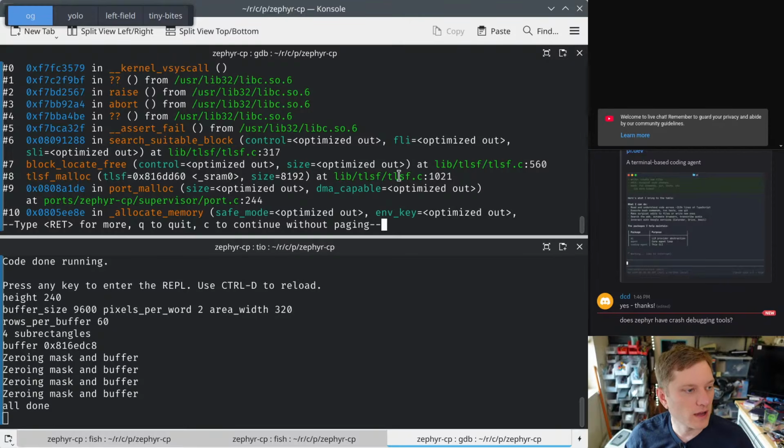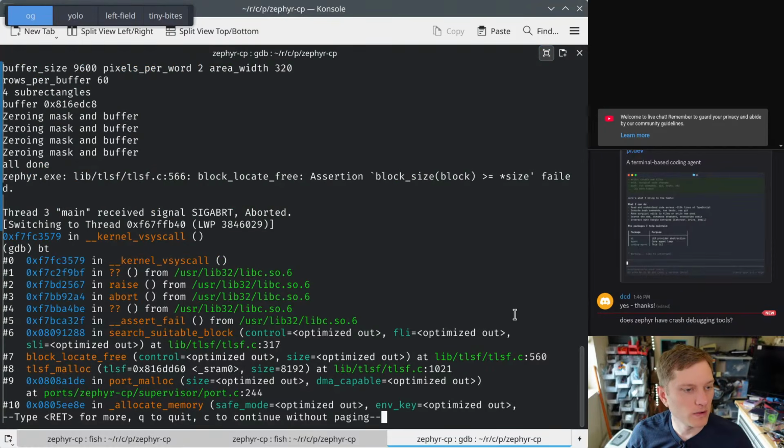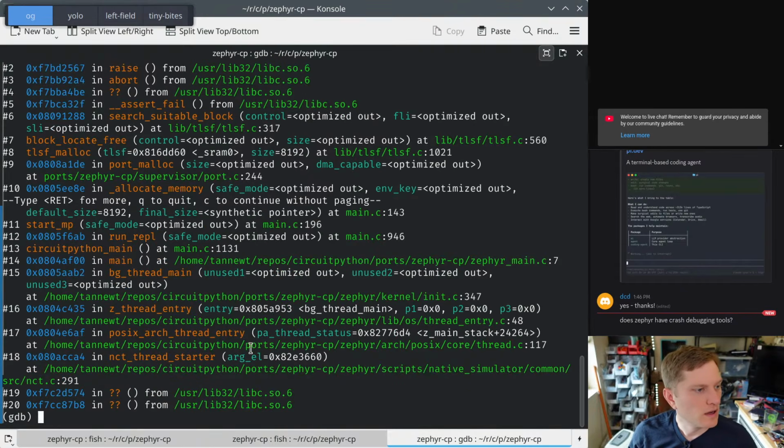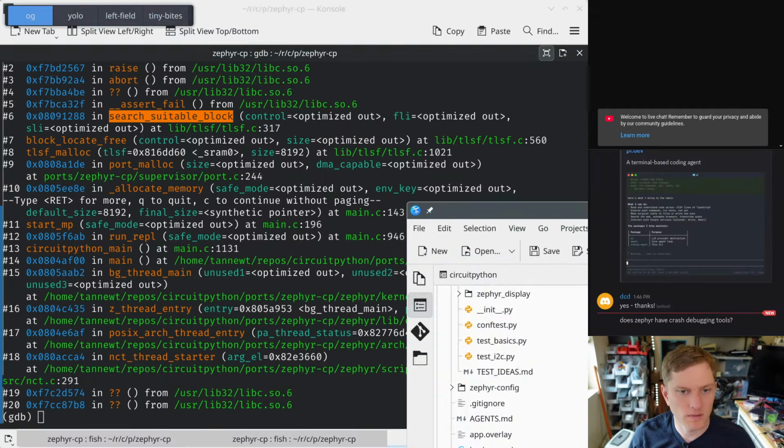So now I have GDB open right where it crashed. We can see that it's doing TLSF malloc into SRAM 0 with a given size and search suitable block. So it's possible, if we look at this full thing, so it's just trying to run the REPL. And this assert fail is in TLSF.c. So if we pull up our,